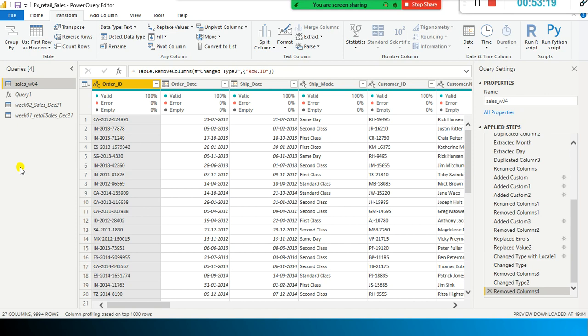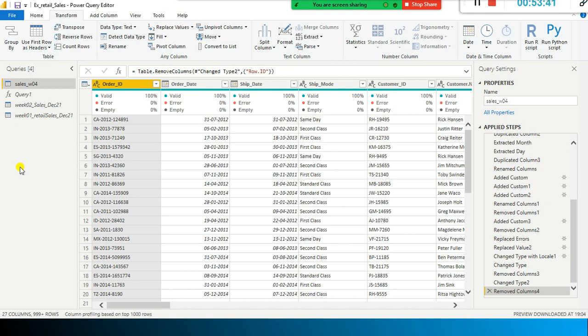In that case, if every user is going to import this file and then apply these steps, it will take longer. It's not just longer, it's a redundant job. I have already cleaned it. If I give this pre-processed data to my entire team, that is enough. It will improve the productivity.